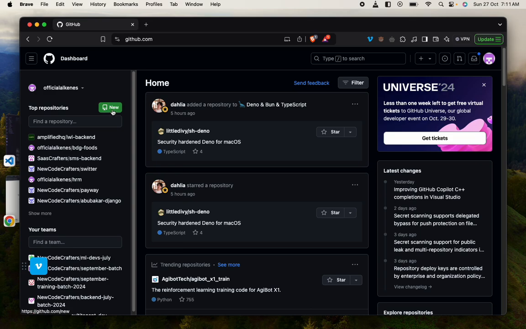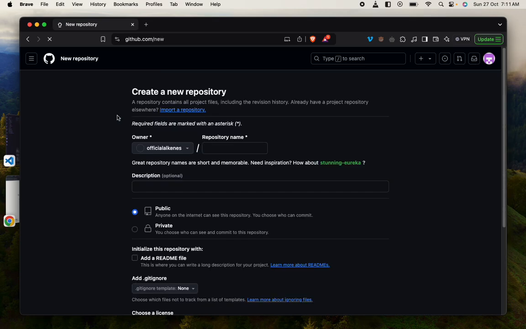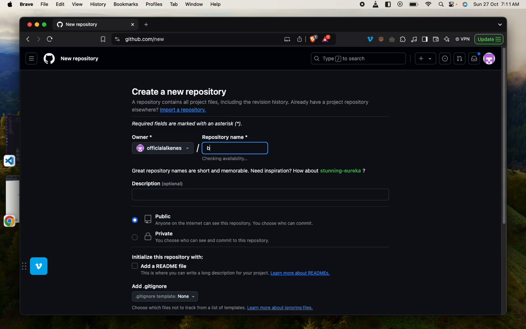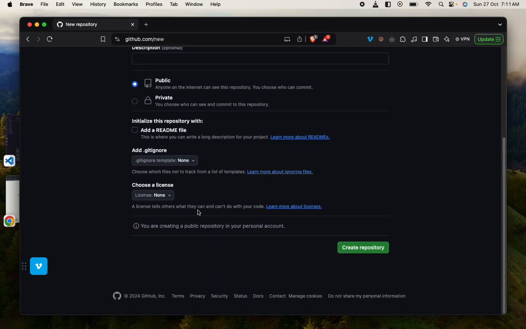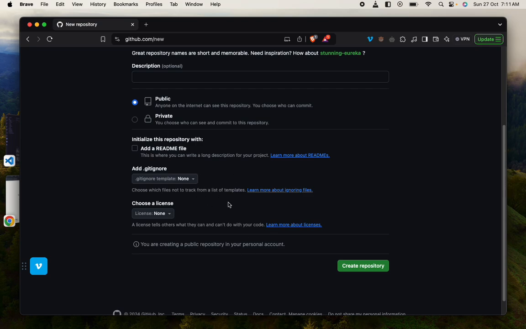So I'll quickly create a new repository in my account. What I will need to do here is create a simple repository. Let's call this one BMS. Let's see if it's available. Yes, book management system is available. And what I want is to keep it public for the sake of those that would want to clone this repository and try to work on things on their end. So if I create this repository,